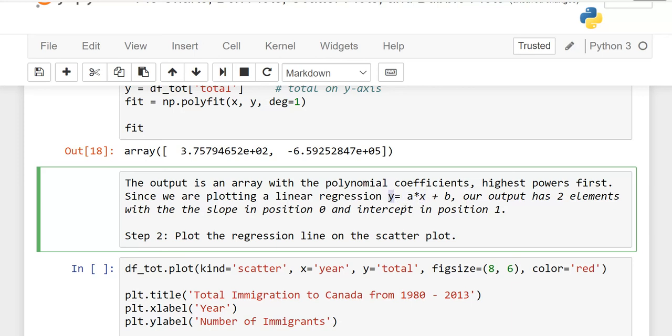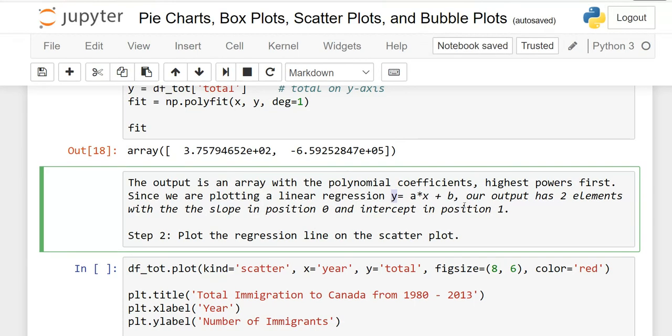Again, I will give you the link of my statistics video in order to understand this concept very well, how we make the line of best fit. Our output has two elements, with the slope in position 0 and the intercept in position 1. You can see this is a, the slope at position 0, and this is the intercept b at position 1.